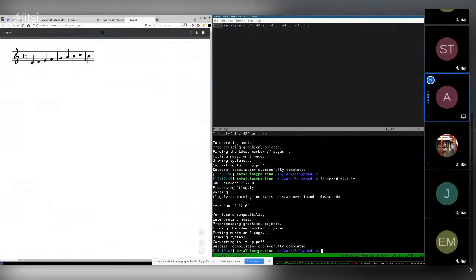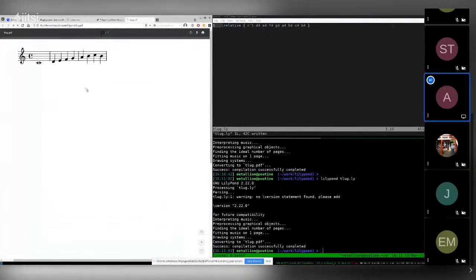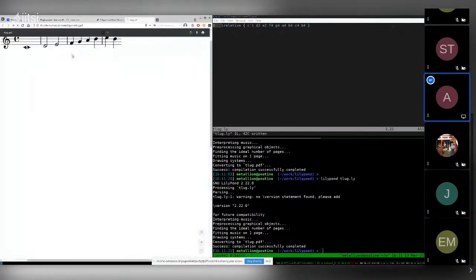But let's say we want this first one to be a whole note that takes up an entire measure by itself. You change this 4 into a 1. And now you have a whole note over here. Let's say we want 2 half ones next. And this is a 2. I made a bit of a mistake here, and this one's also a 2. Now we have 2 half notes.